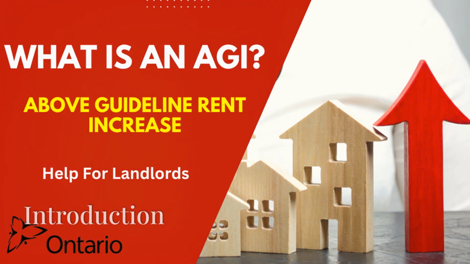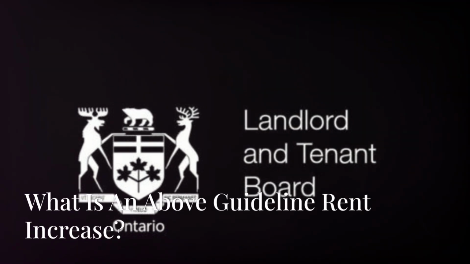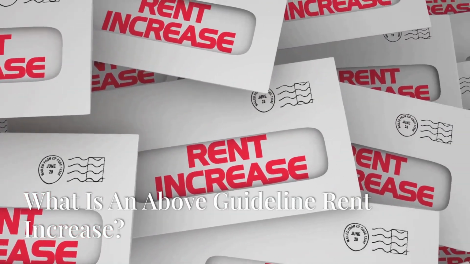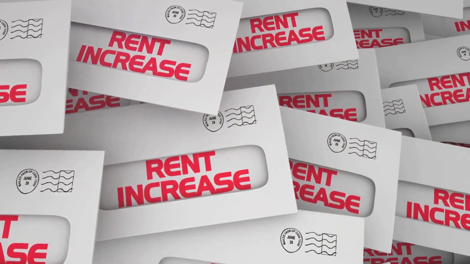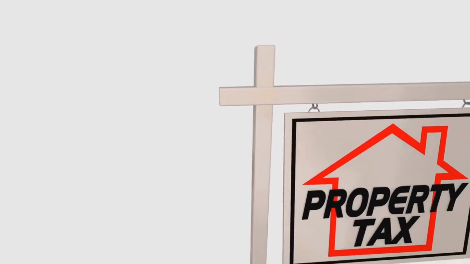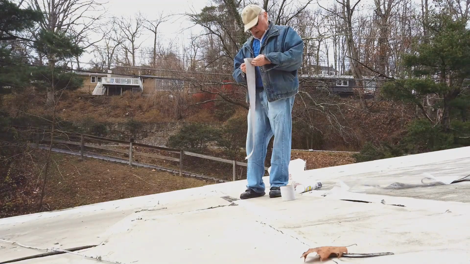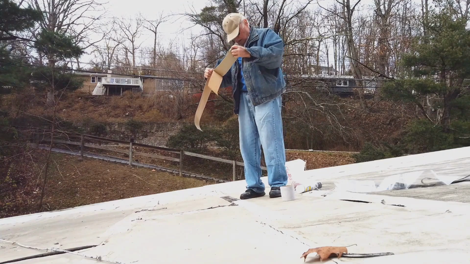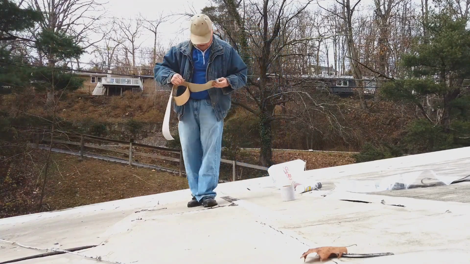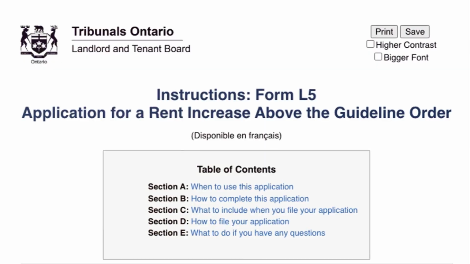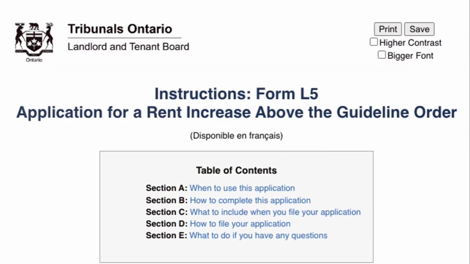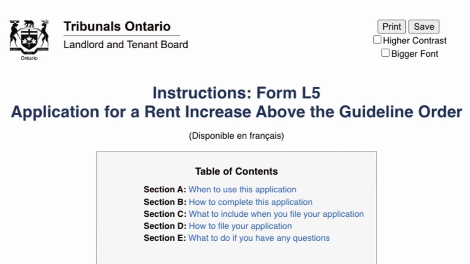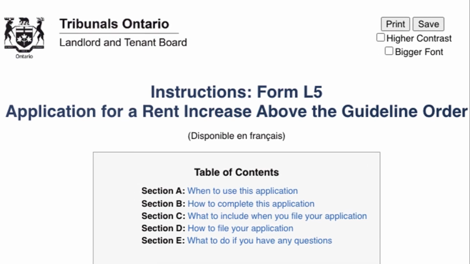What is an above-guideline rent increase? In Ontario, landlords must follow strict guidelines set by the Residential Tenancies Act, often referred to as the RTA, when increasing rent. Typically, annual rent increases are capped by the province's rent control guidelines. However, landlords may apply for an above-guideline increase, or AGI, if they have incurred significant costs for capital expenditures, increased